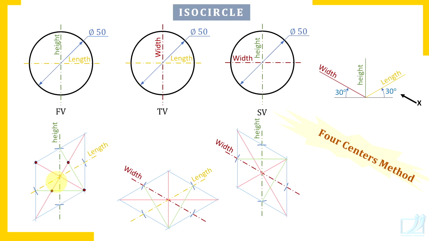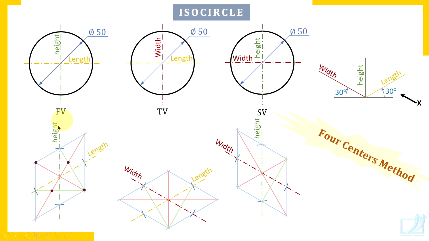And the other two centers you get on the longer diagonal. But on the longer diagonal, the points of intersection, but not the real center. You know where is the real center of this circle in isometric view? Here is where the center lines intersect. That is the real center of the circle. This is not the center amongst those four centers. Four centers are ends of the shorter diagonal and points of intersection on the longer diagonal.